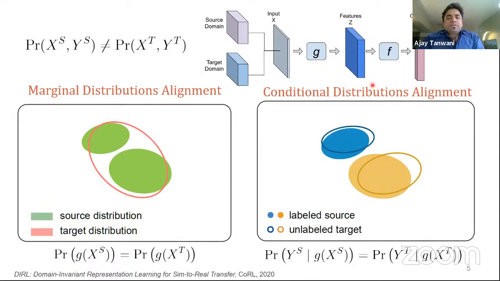Since the two domains are different, there's a mismatch between the joint distributions of the source and the target domain. Commonly used domain adaptation approaches learn an invariant feature transformation by aligning the marginal distributions across domains, that is, the source and the target distribution. They implicitly assume that the conditional distributions of the transformed features also remain similar across domains, as shown on this side of the figure. Aligning the marginal distributions only, however, can create ambiguity in class alignment that can result in a negative transfer to a new domain.